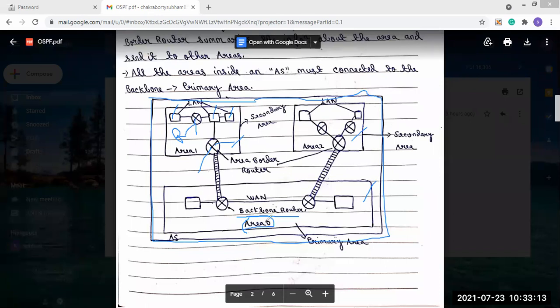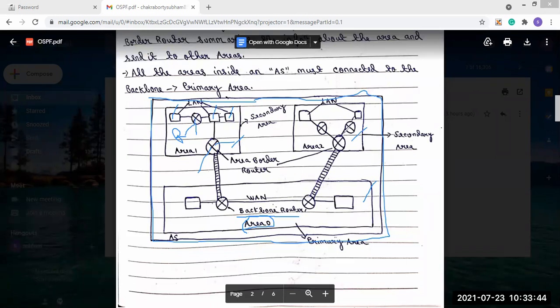Now, an area where the backbone routers are present, we call the primary area. And the other areas in the autonomous system, we call secondary areas. So here I have two secondary areas and one primary area, and I have used two backbone routers.